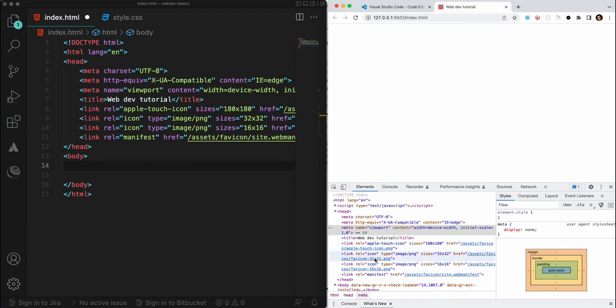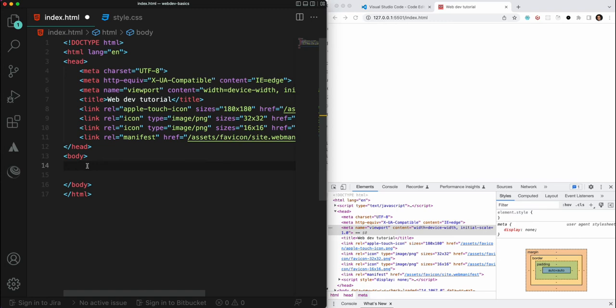This Elements section here is good when you want to test stuff without having to change everything directly in the code. A lot of times, it's easier to check and test the change here, and I'll show you how you can also change the styling of the elements here and then apply it in your code, so that you already tested it here and you just bring the code over. So going back to the body section of my index.html file,